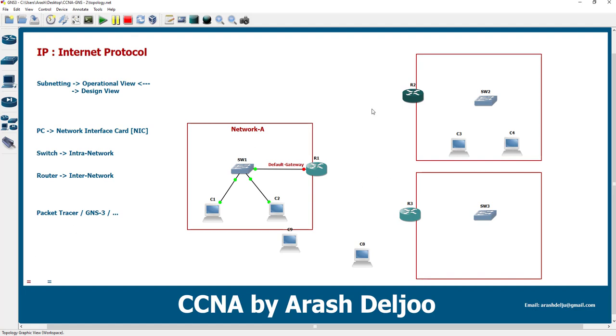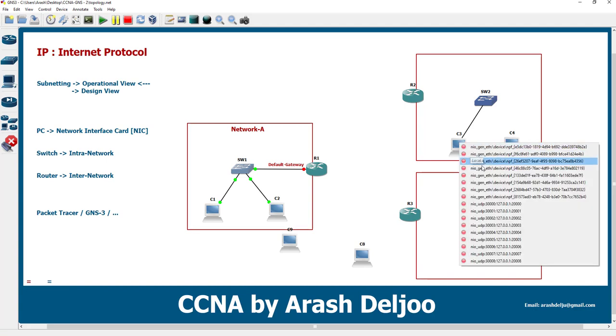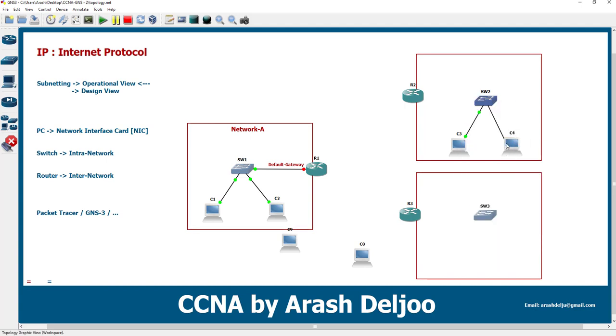After that, let me connect switch 2 to computer 3 and computer 4. This is computer 3, this is computer 4, for example, and after that we need to connect the switch to the router for communicating with the outside of the network. We will configure these scenarios, or scenarios similar to this one, in this course. Okay, after that again we have other networks. This is network B. Let me write here, this is network B, and after that here again we have 1